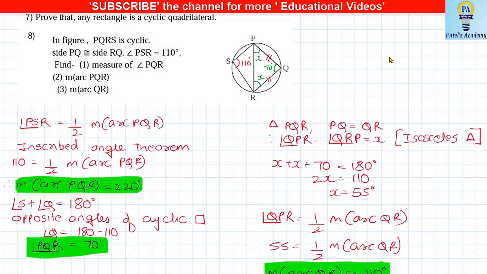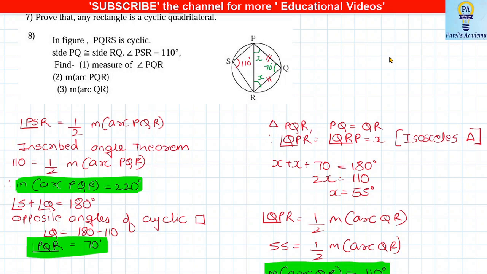Okay, so if angle S is 110, opposite to angle S, what is the arc? Just show with pink color. Talking about this arc. Okay, I'm talking about this arc. So this arc is going to be double of the angle. So if the angle is 110, the arc is going to be 220. Okay, that is the first thing what we found out. Arc PQR is double of that, that is 220. Okay, that is the first thing.